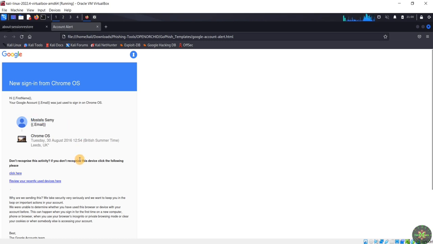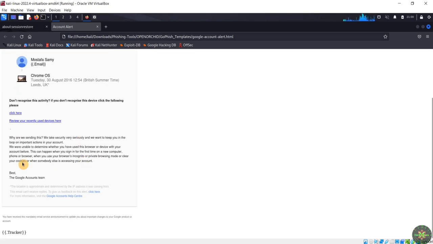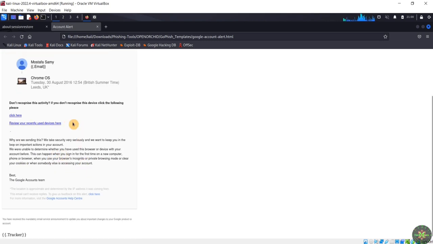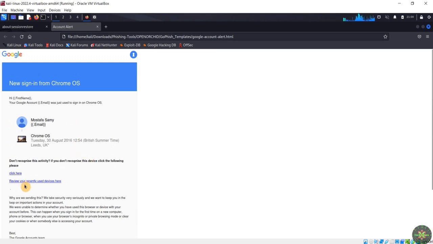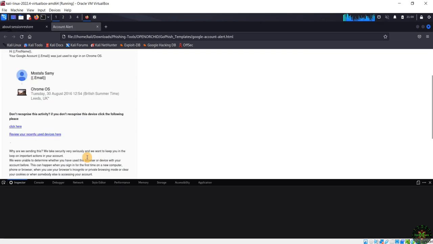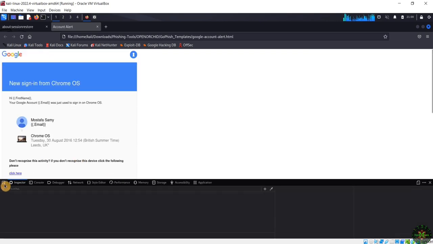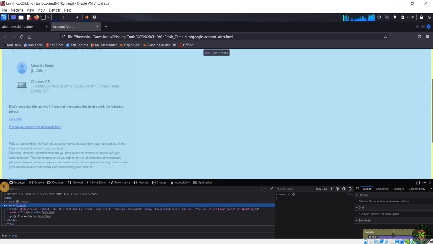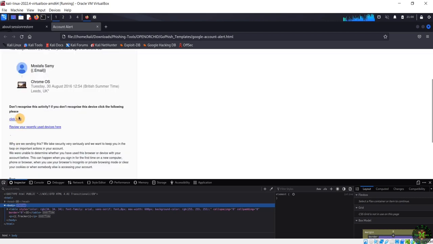So of course we can do all of the same process for any element inside this web page. So for example, let's try to change the hyperlink behind this click here hyperlink. Let's repeat the same process by right click on inspect element and click on this arrow right here, scroll down to this part,